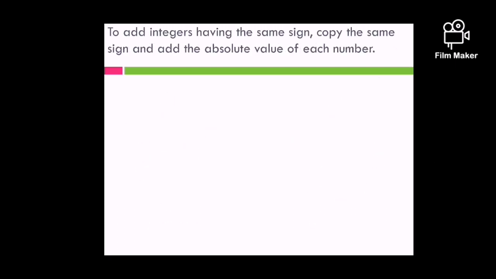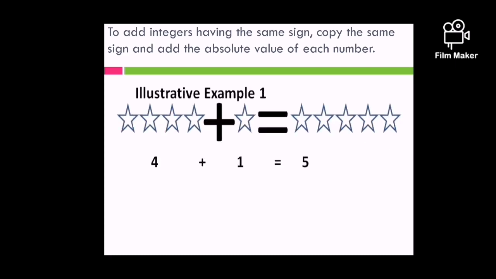So first, to add integers having the same sign, copy the same sign and add the absolute value of each number. So for example, 4 plus 1 is equal to 5. So that is